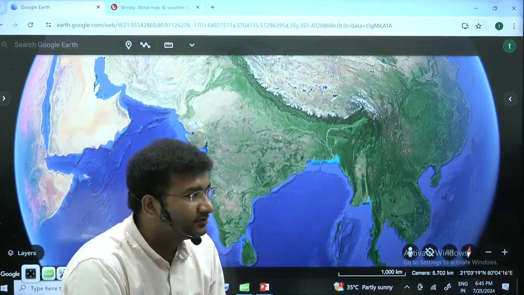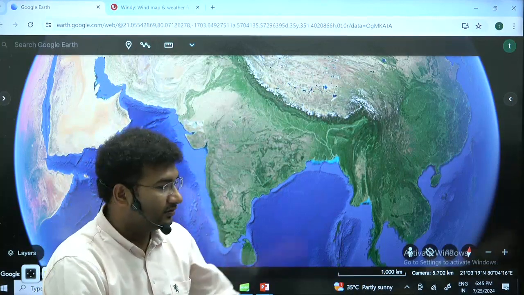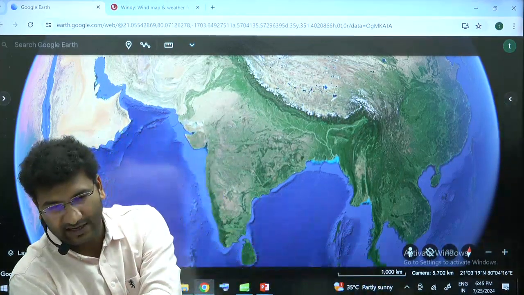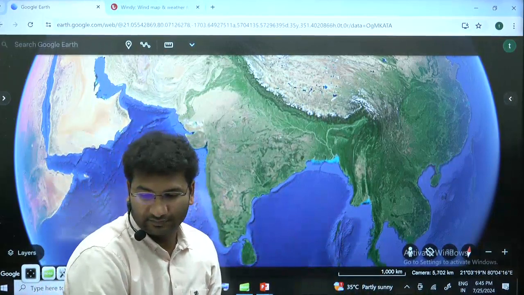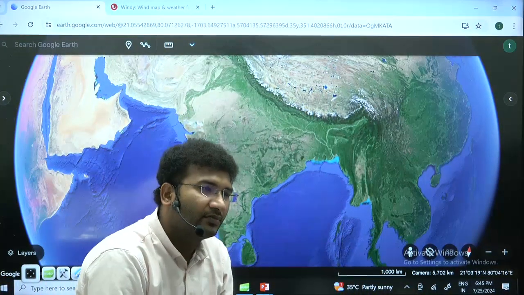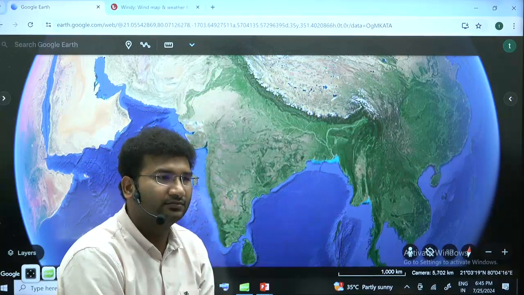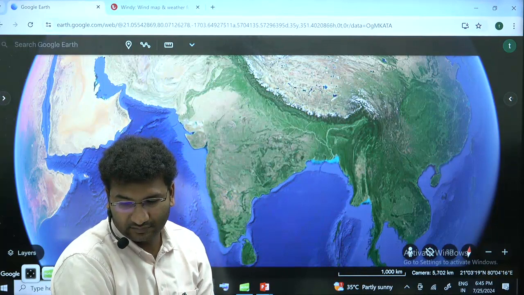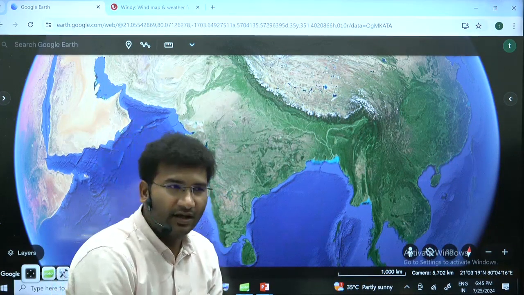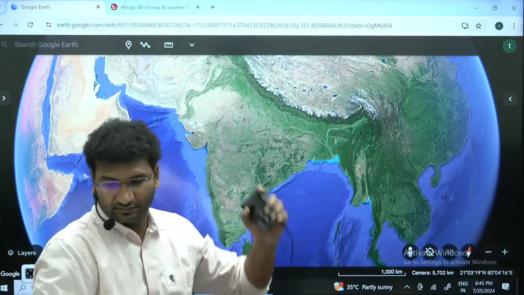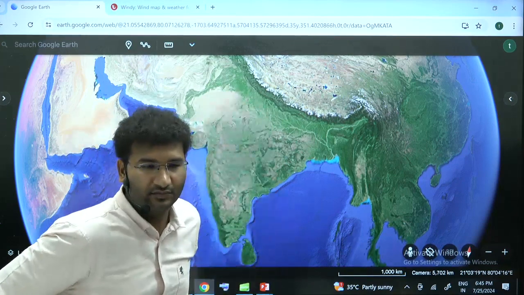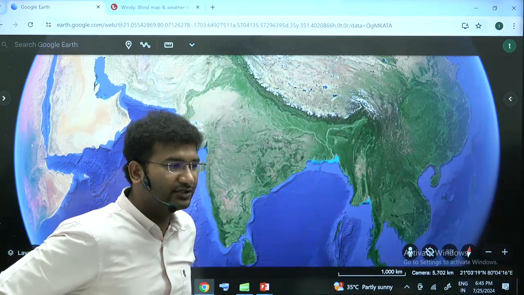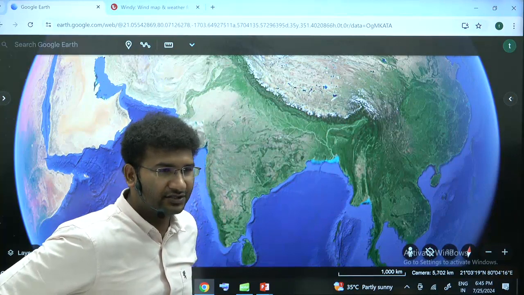The soils of kankar layer, in brackets write calcium, is present at the bottom layer, and which will not allow the infiltration of water,